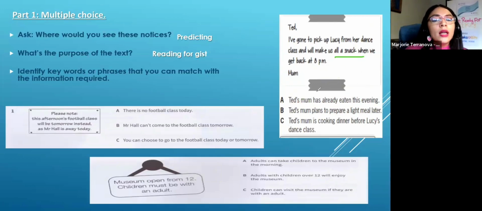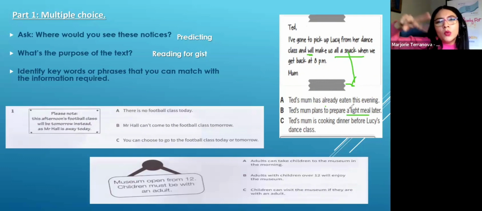This is a keyword. And then when I take a look at my option, I already know that it's not that she has already eaten because she will make something later. So it means that my mom hasn't eaten yet. So what I do is, okay, with this keyword, I start identifying and I see here, even though I don't have the same word because I have light meal, I can already say, okay, maybe it's this one because I start relating them, right? Well, light meal, probably this corresponds to a snack. And then finally,